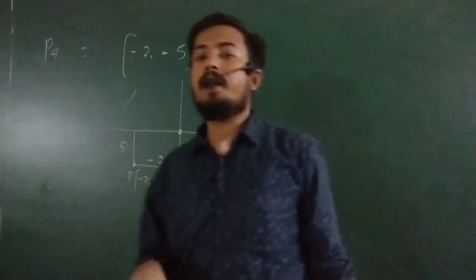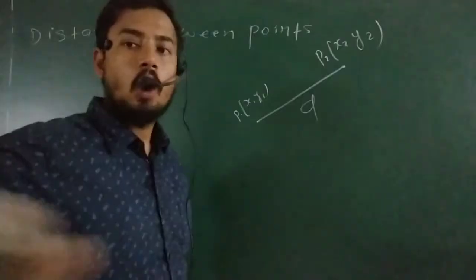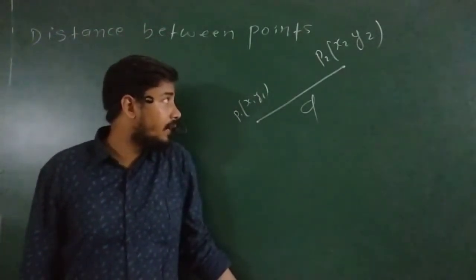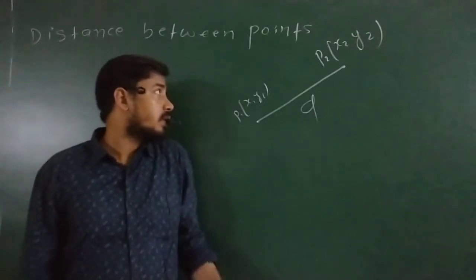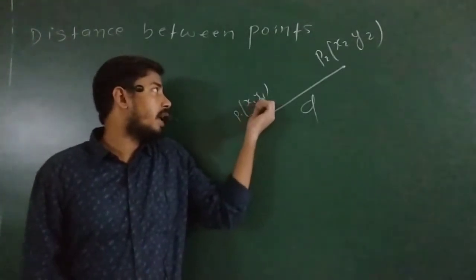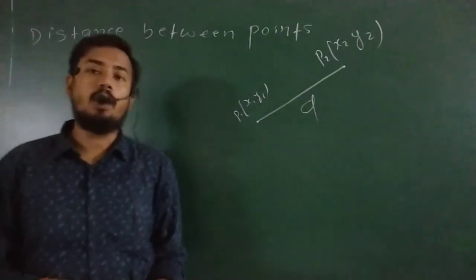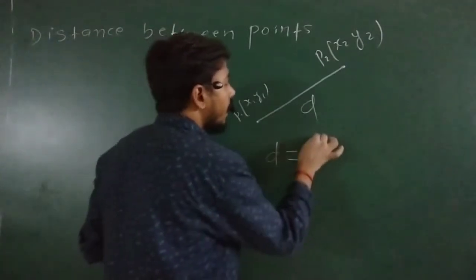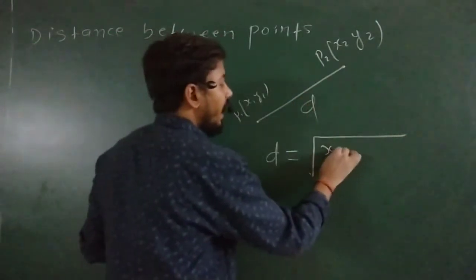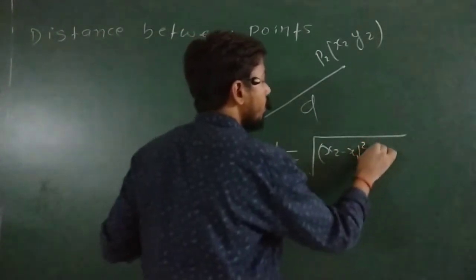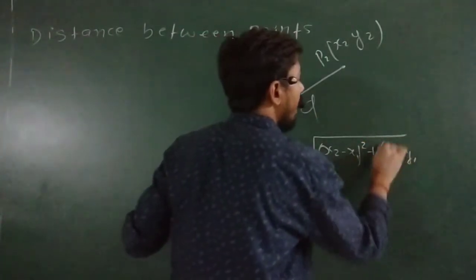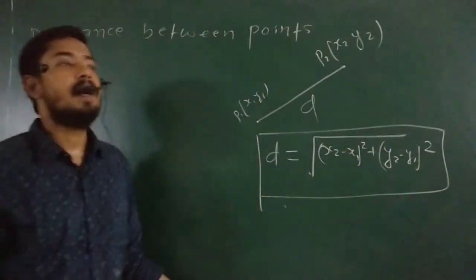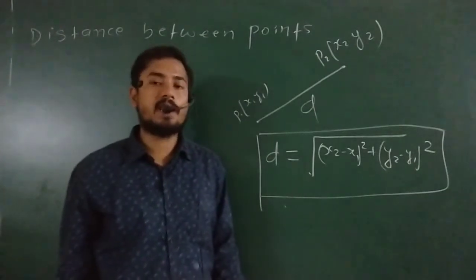Now we are going to find the distance between 2 points. Suppose here it is given that there is a line on which one point has coordinates x1, y1 and another point has coordinates x2, y2. They are asking to find the distance between them. You have already studied this in class 10. The distance becomes the square root of (x2 minus x1) whole square plus (y2 minus y1) whole square. This is the formula of distance. Done, buddy? Okay. So we have talked about the coordinate system in 2D.